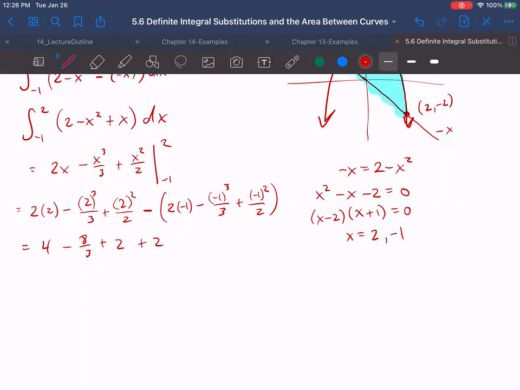Negative 1 cubed is negative 1. So that's a plus 1/3. So it's a minus 1/3 then from this minus sign over here, right? And then negative 1 squared is just 1. So that becomes minus 1/2. Common denominator we can do here, I guess, is 6, right? So this is 24 over 6 minus 16 over 6 plus,